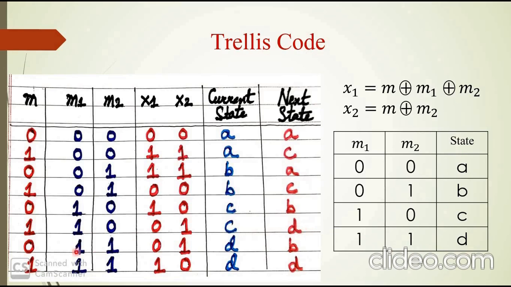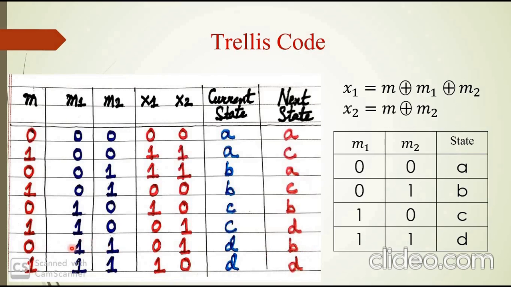And if the current state is 1 1 and if you insert bit 0 here, then next state will be 0 1. It means it will be in state B, because current state is 1 1 and current bit is now 0.